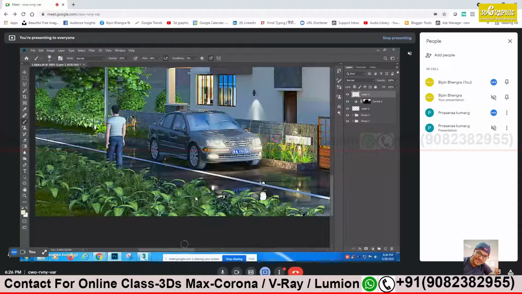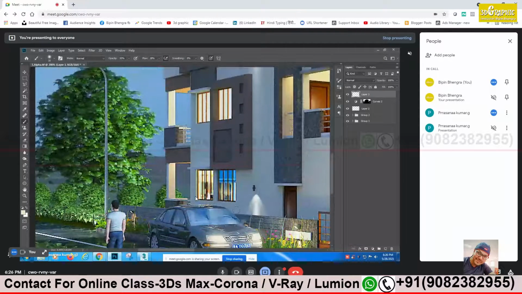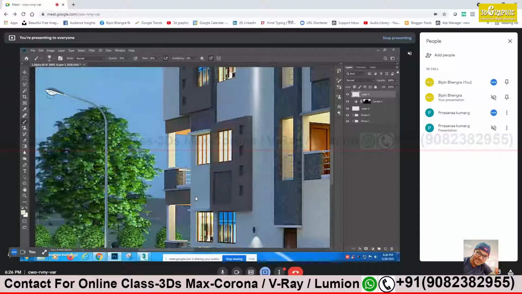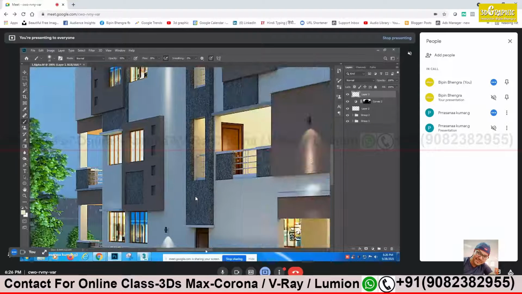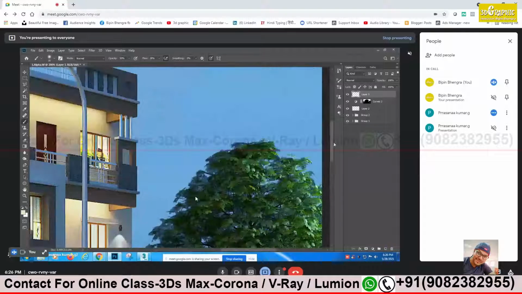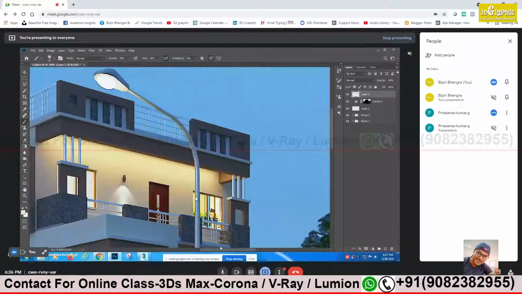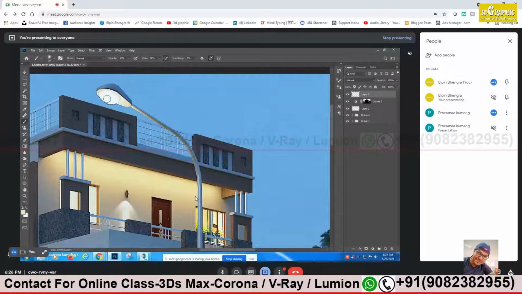Yes, yes. That's all. And this one. Yeah, the lamp post, the light on the walls or the elevation, also add a little bloom effect there. Also increase the size. So this is not visible now, sir. If you do it on this also, that will be visible. The bloom effect will be visible there itself. Click two, three times there.